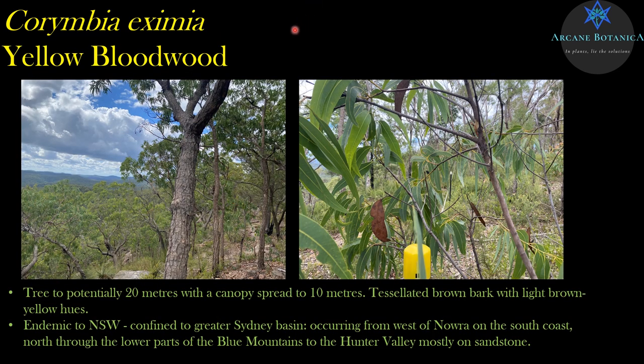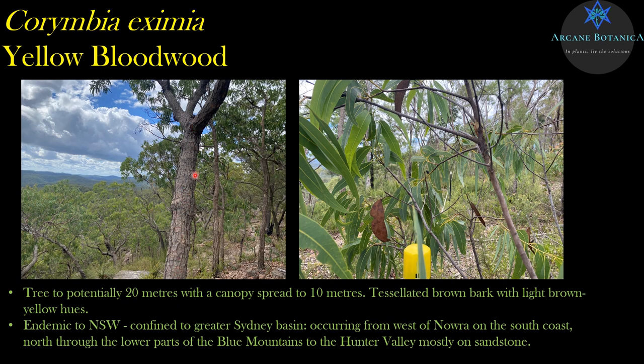Beautiful. Going on to Corymbia eximia. I'm sticking to Sydney species, but as you might imagine, that's all I've really got photos for. And if you're further afield than that, well, hopefully the features just help you identify them anyway. This is a really prominent tree, again on the Hawkesbury sandstone country, in the outer parts of Sydney, northwest of Sydney especially. What I find interesting in these areas is things like Angophora costata tend to drop out a little bit, and things like Corymbia eximia become really dominant. Corymbia gummifera can be here as well, but there's a hell of a lot of Corymbia eximia.